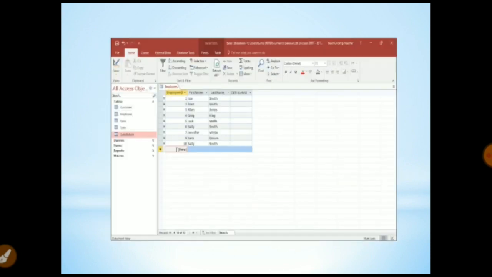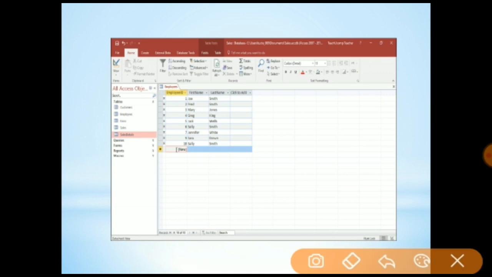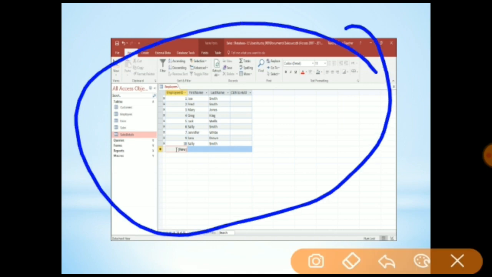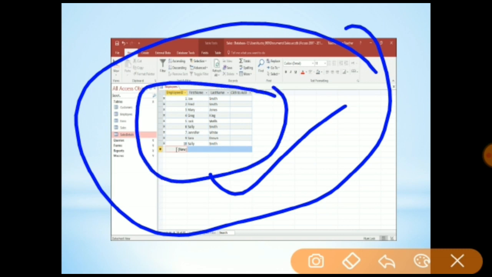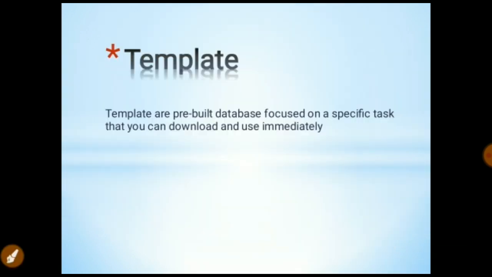So this is a basic screen in which the components are given and how we have to start MS Access. This is the basic page of MS SS, right? Come to the next slide, and this slide shows us where we have to create our data and how we have to create our data. When you create your data, your data will show like this only.